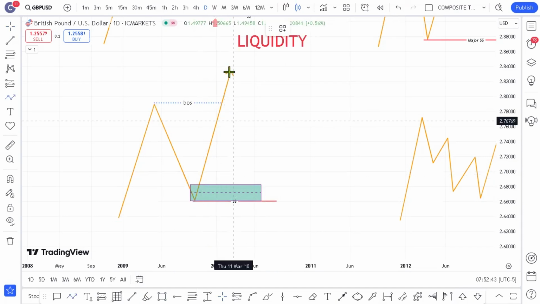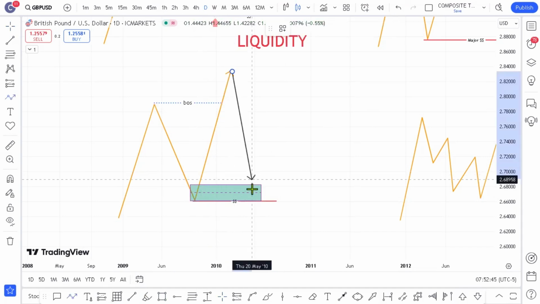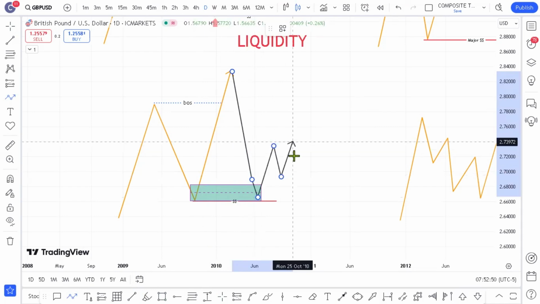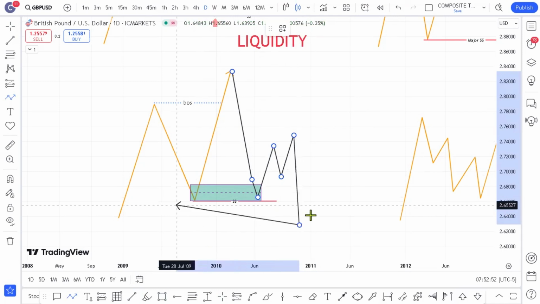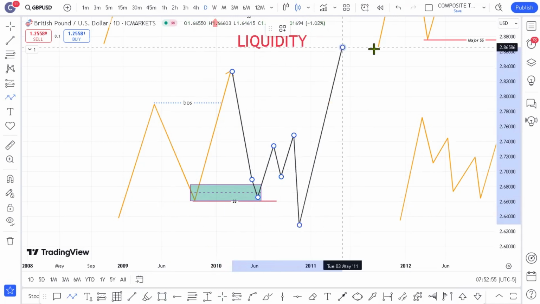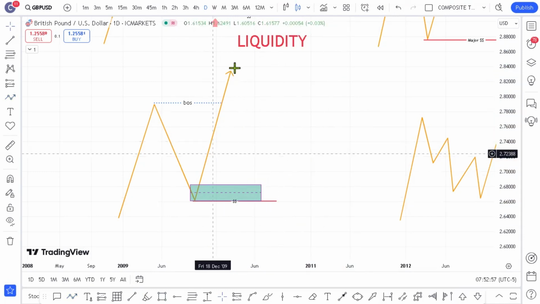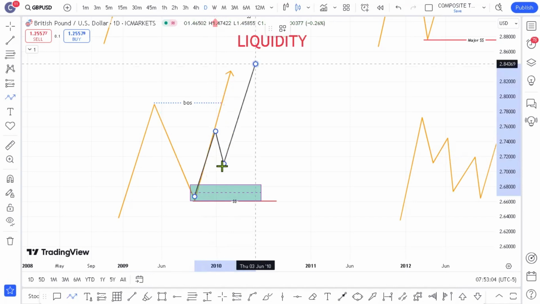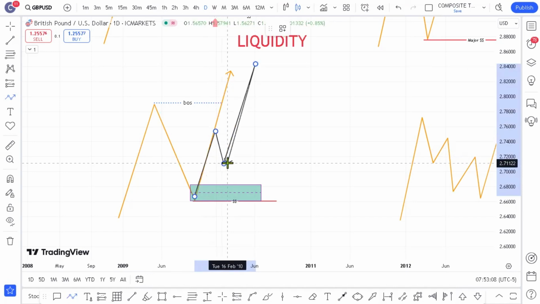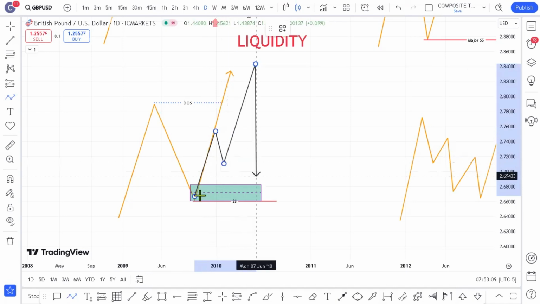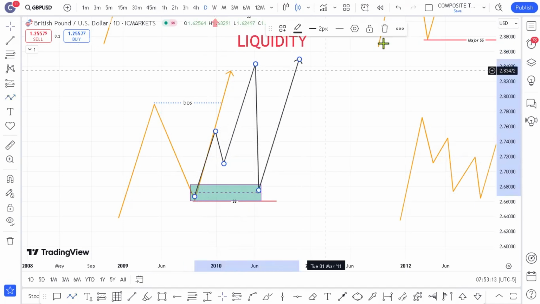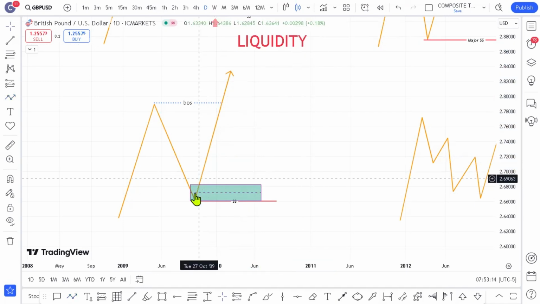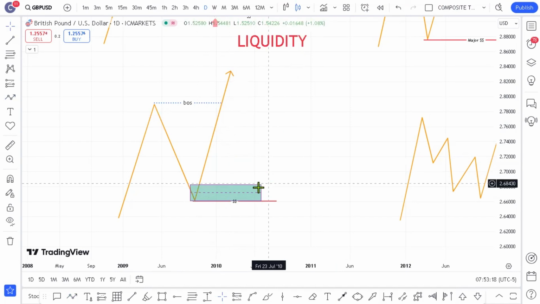Why? Price will come, right? Then react on this level like that, go higher, and again violate the zone. After this level is taken out, then you'll see price rallying to the upside. So this low that leads to a break of structure, unless you have another something like that, then a push to the upside. So this can act as an inducement or a liquidity. Then when price takes out that one and mitigates this level, then you have a higher probability to buy from that. But if you just have this level alone, the low that leads to a break of structure, that low,